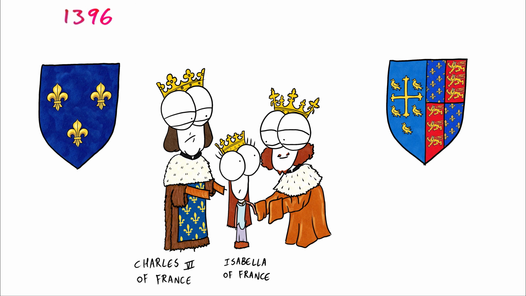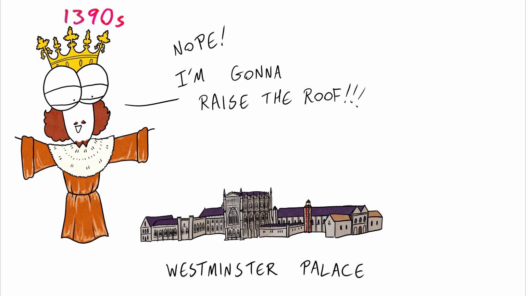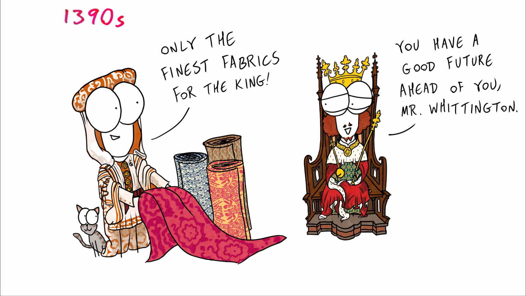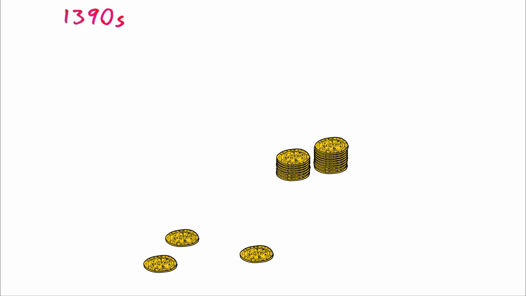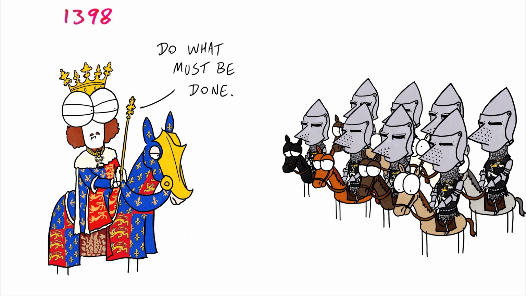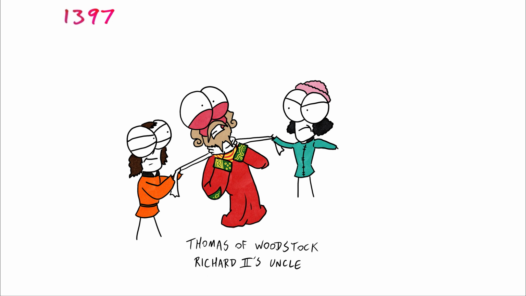Through a truce with France, he married the 6-year-old French Princess Isabella. 6. Though his peace with France promised to reduce taxes, Richard's lavish life at court and patronising the arts ended up being just as expensive. Oops. With Richard now confident in his rule, he had those lords who'd went against him arrested, some killed, others